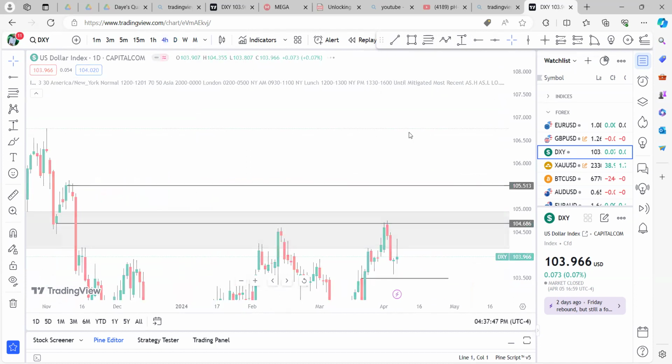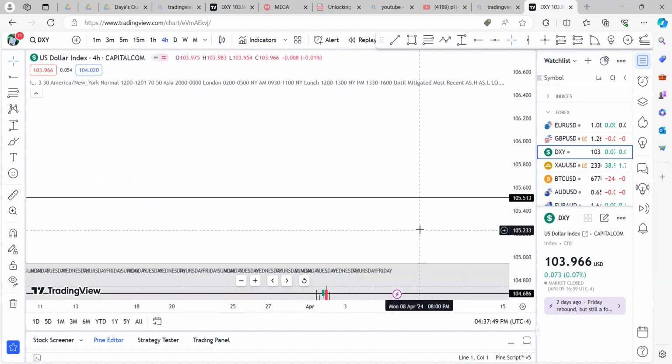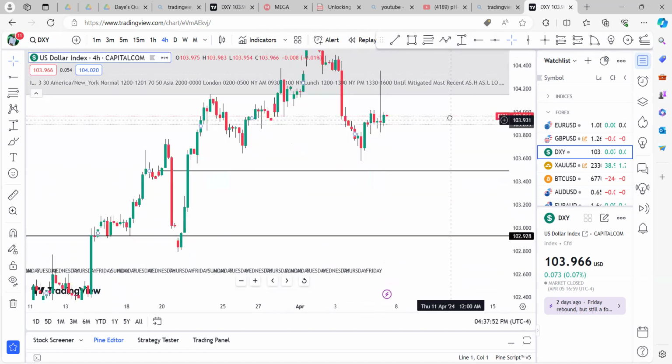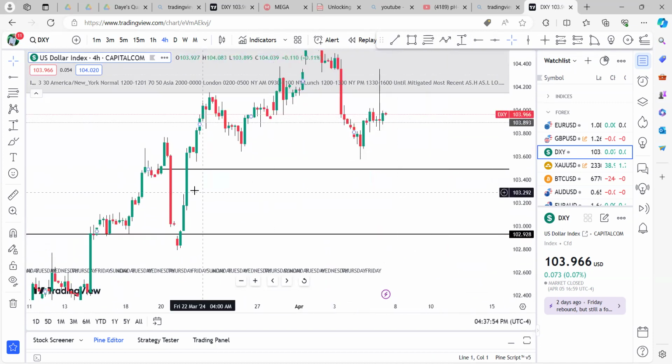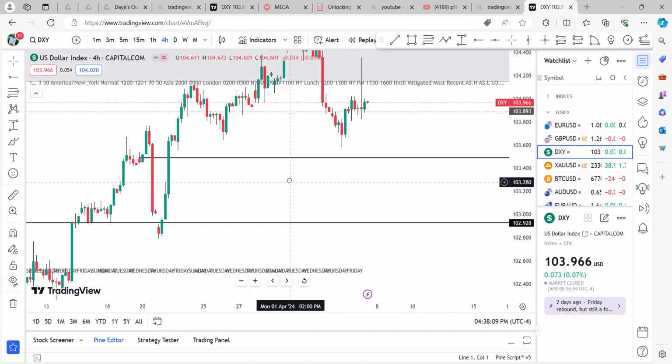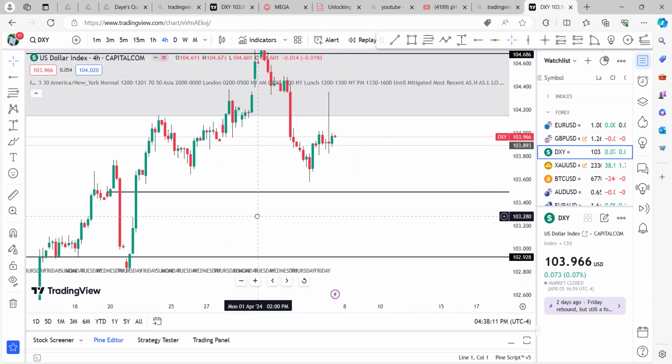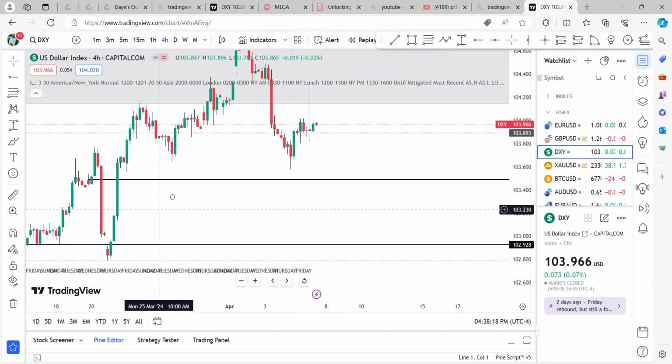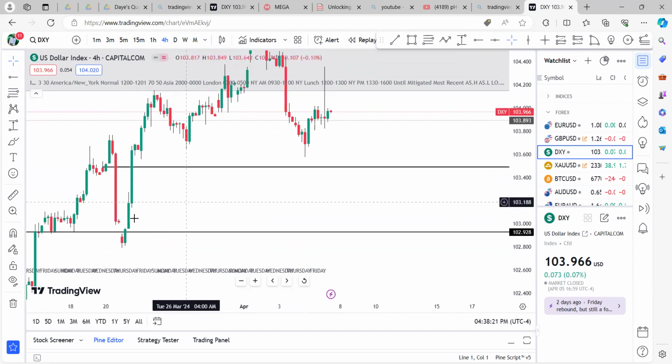So on the 4 hour, let's see what the 4 hour looks like. Yes, so you can see the balanced price range here. What did I tell you? It's balanced, so we don't expect price to trade into it, but I never know because these markets are being manipulated. And one good thing is that you can also see these relative equal lows beneath this balanced price range.